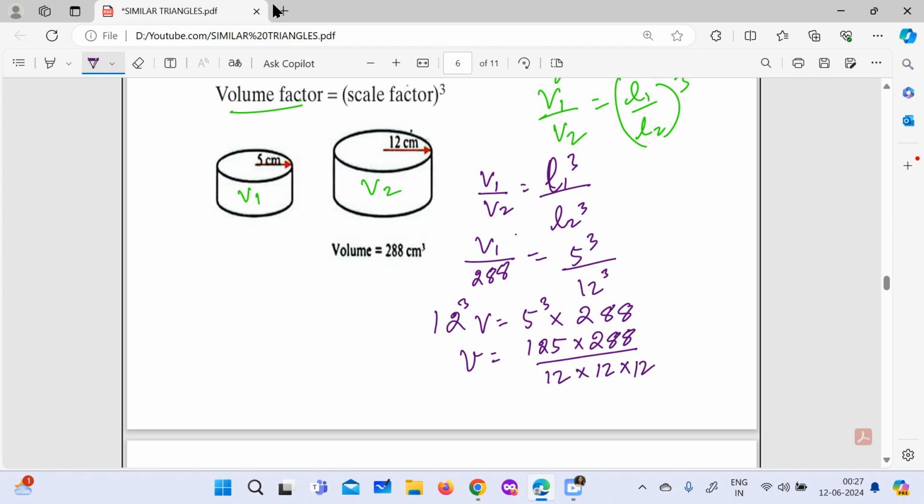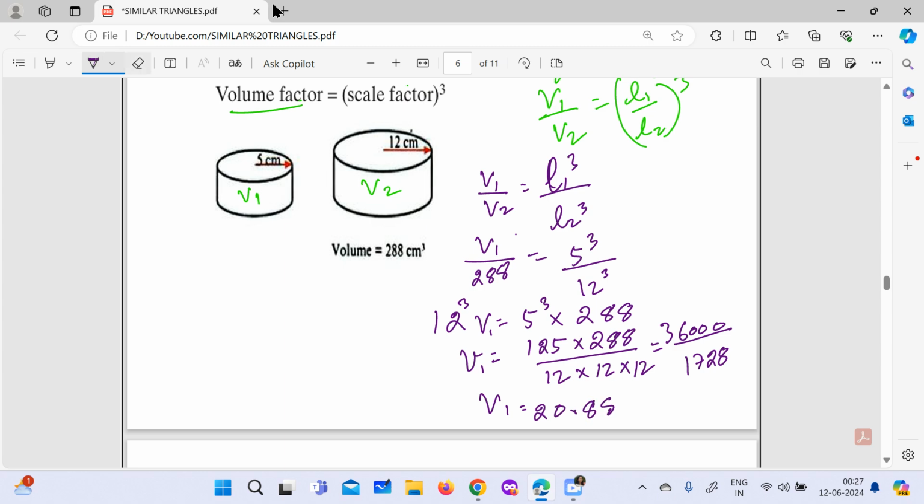Yeah. And then we can solve it. Yes. So when you put in your calculator, solve this completely, and you will get 36,000 over 1728. So your volume will be